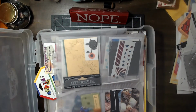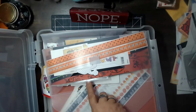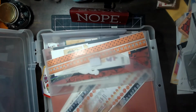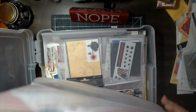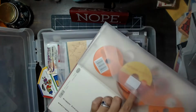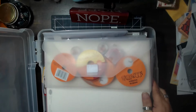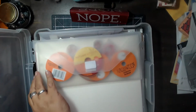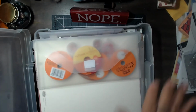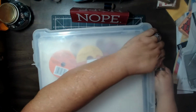And there was also this in the package, and this has got a big pocket on one side that's got all kinds of Halloween stuff in it, and it's got Halloween style paper inside here. And then it's got another pocket over here with more ribbon, and this is called the Cropped Companion. And I actually have a case for these that they fit into. So, you know, I thought it was worth the money that I paid. More than enough, more than the money was paid was worth this case, because I take these, and what I do with them is